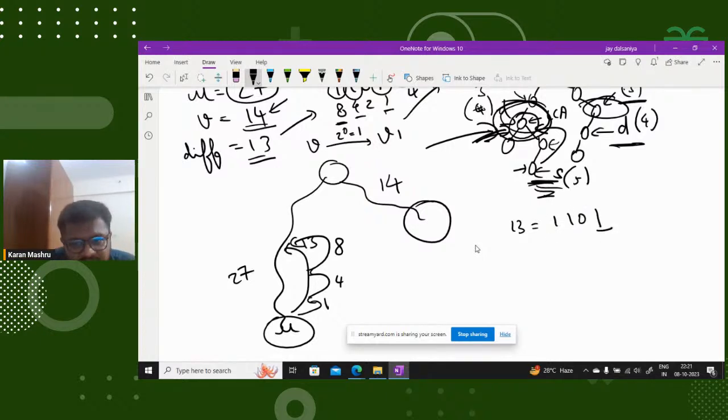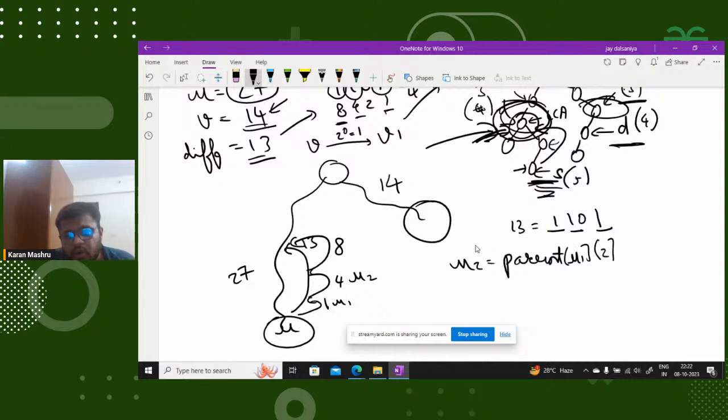I have the parent value at a distance 1, I have a parent value at distance 4, and I have a parent value at a distance 8. So from U I'll jump one step above, I will be at U1. From U1 I will jump 4 steps above, I will be at U2. I will do this in one step only, right? So if I want to go from U1 to U2, I can say U2 is nothing but parent of U1